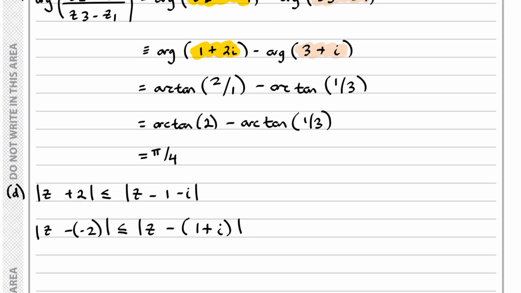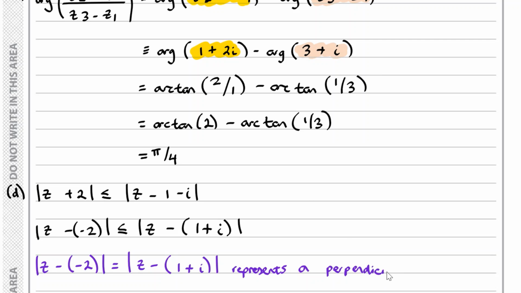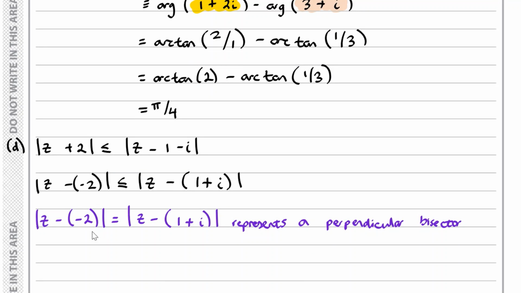Now, just as an important point, mod z minus minus 2 equaling mod z minus 1 plus i, this represents a perpendicular bisector joining the coordinates minus 2, 0 and 1, 1. Okay,